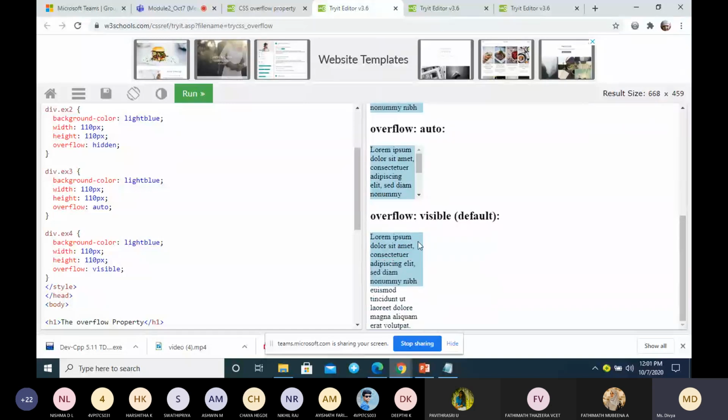Even though you give the width only this much, and we have given the height as 110 pixels, the remaining text cannot fit in this, but it still comes out of the height and is displayed here. That is about overflow visible.